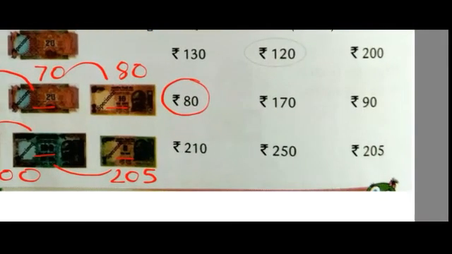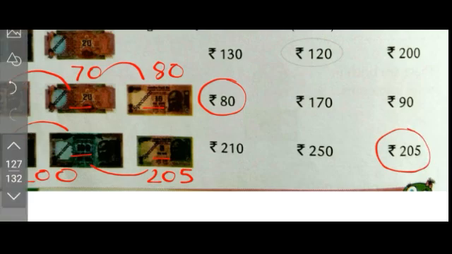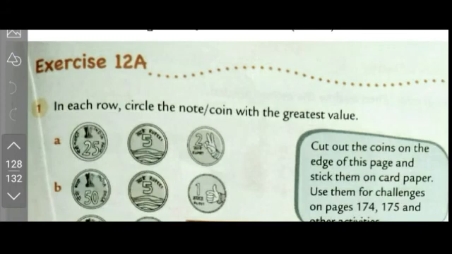Okay. Let's see the next one now. 100 rupee note, 100 rupee note and 5 rupee note. 100 plus 100 will give you 200 rupees. And in 200, if we add 5 more, it will give you 205. Okay. So where is 205 written here? There. So this means this is the correct answer. Clear? Let's move on to the next page now.